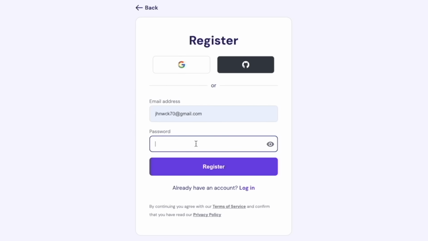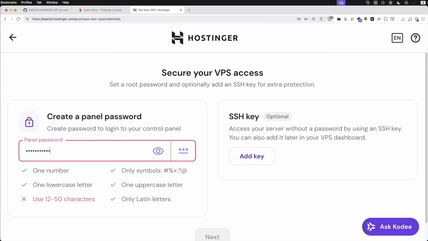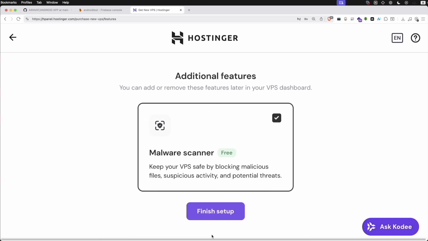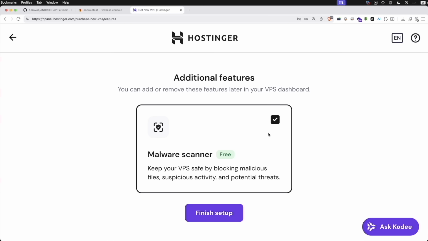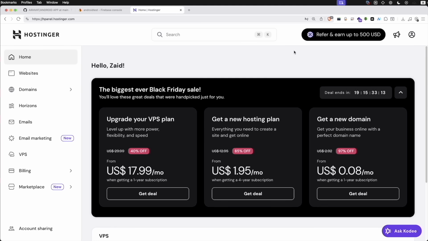Simply put in your email and put in a password, click register, and it'll bring you back to this page that I have, asking us for a password for the web hosting management panel. You can put any password you want. And then it's going to ask us if we want to enable the malware scanner, and click finish setup. And then it'll automatically go ahead, create the server for you and install the panel that we requested to be